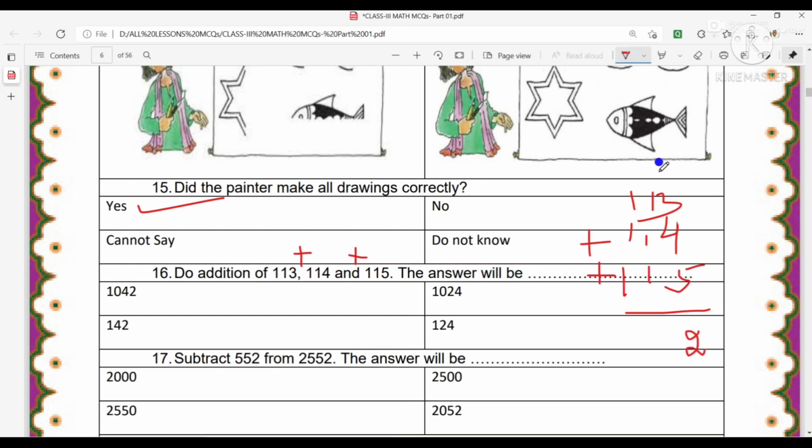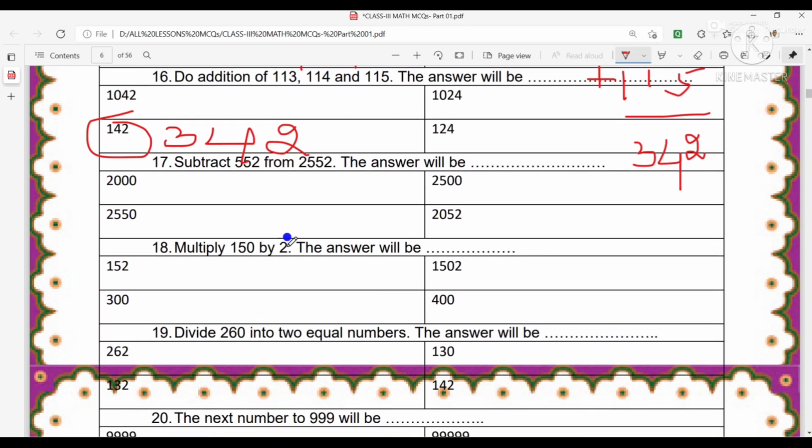Here 2, here carry over 1. Then 1 plus 1 plus 1 plus 1, 4. Then 1 plus 1 plus 1, 3. So 342. The answer will be 342. Next, subtract 552 from